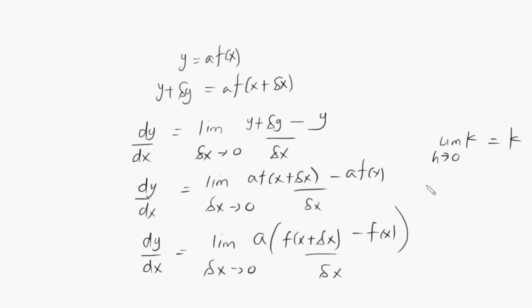I can just factor a outside, because also the limiting value of the product of two functions is just the product of their limits. So under that context, I can just factor out a here. So outside of the limit, what do I remain with? I remain with dy